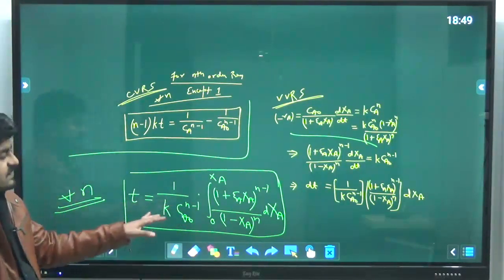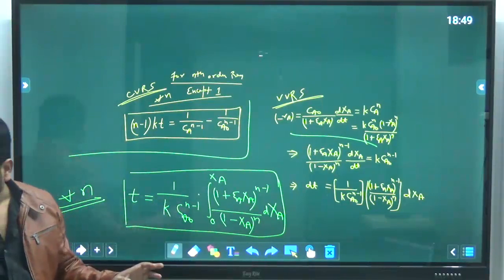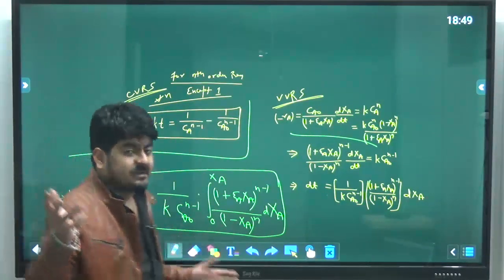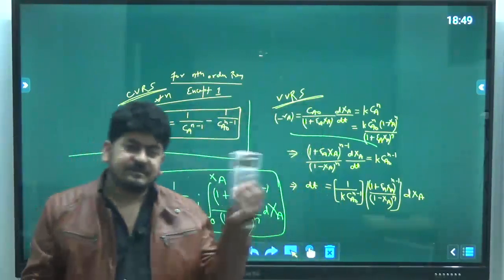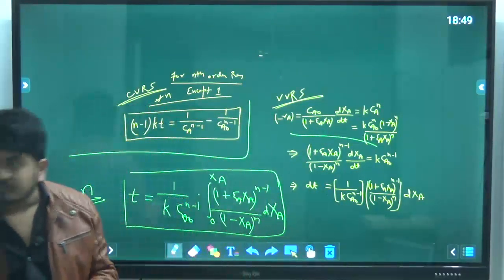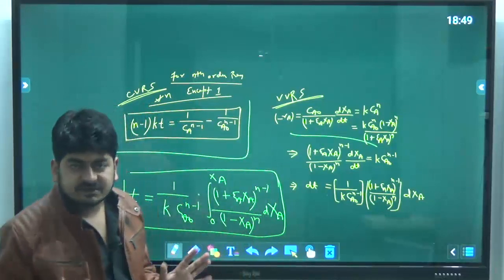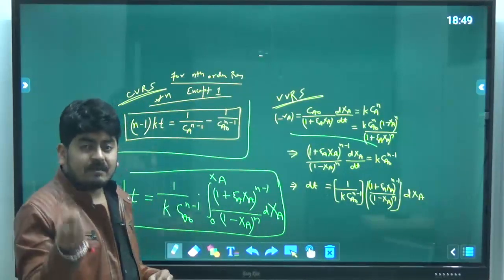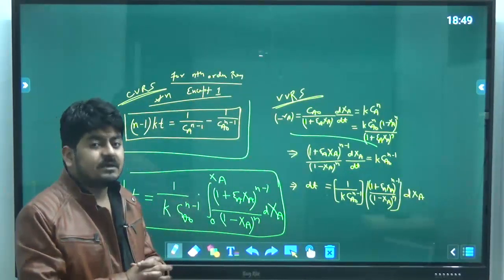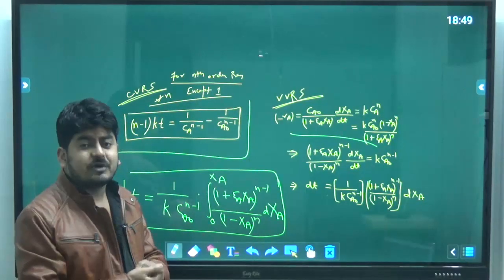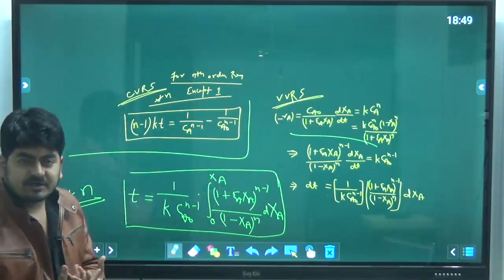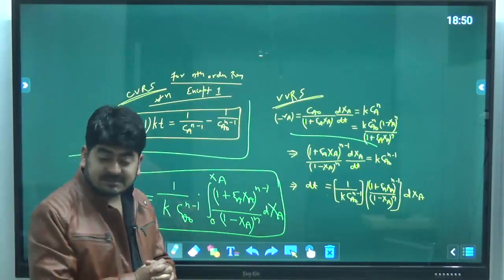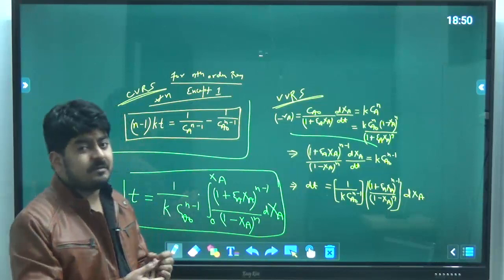So guys, this is the simple way. Now how to solve this? Suppose in the exam, by chance, although you will not get that because you don't have access to a physical calculator, only the virtual calculator is there on which we can't do the integration. But from numerical mathematics, you have some techniques which you can use to solve such complicated integrations, like trapezoidal rule, Simpson's 1/3 rule, Simpson's 3/8 rule.